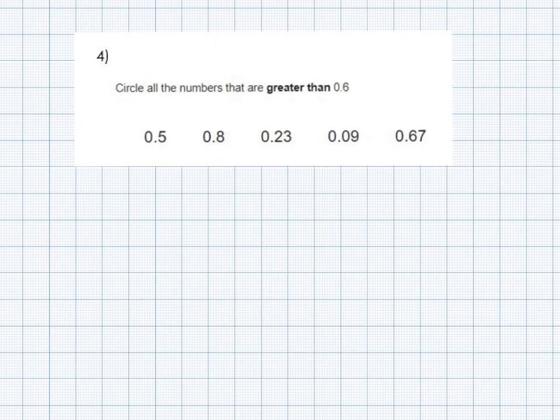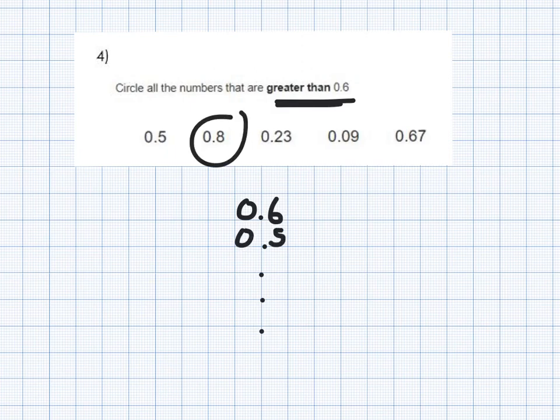Right, the last question. If we show our working out again, this becomes fairly simple. Circle all the numbers greater than 0.6. So I'm going to write 0.6. Just like before, I'm going to put that decimal point in the same place. I'm going to write underneath 0.5. Underneath that, I'm going to write 0.8. Then I'm going to write